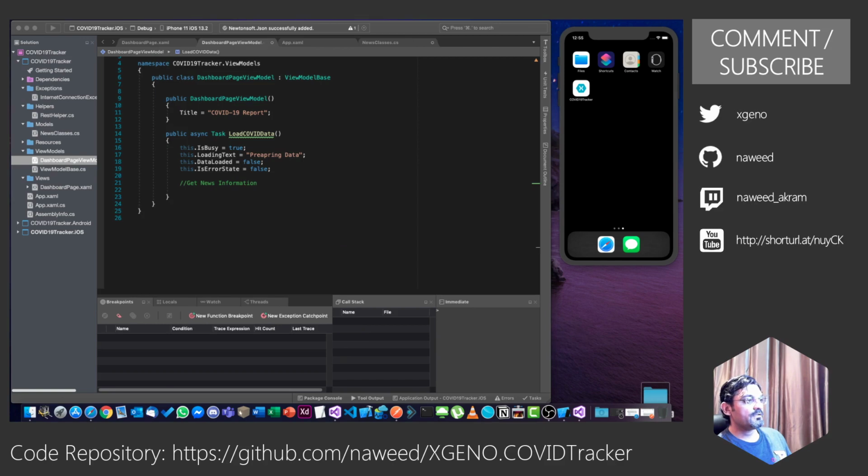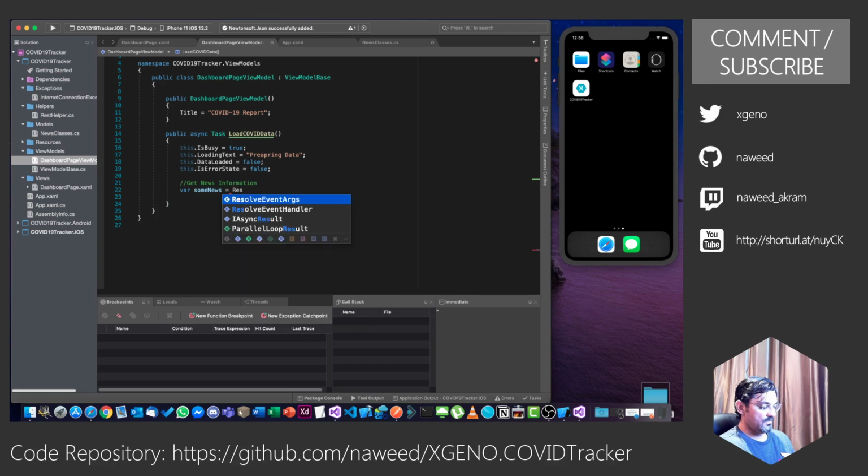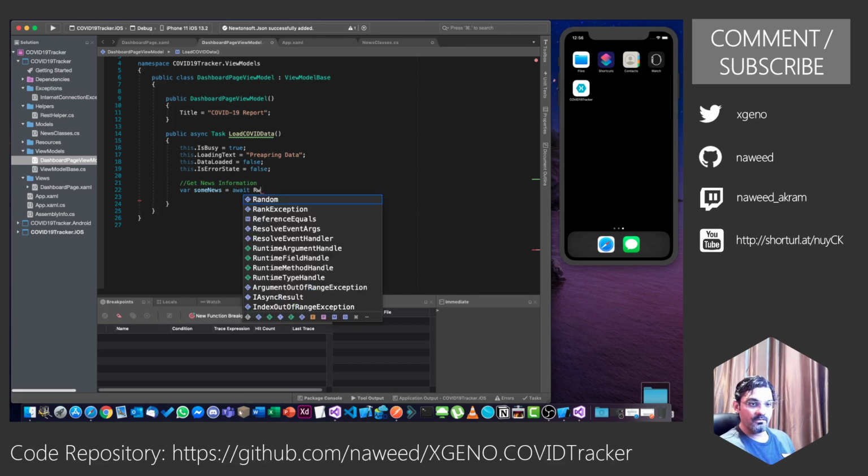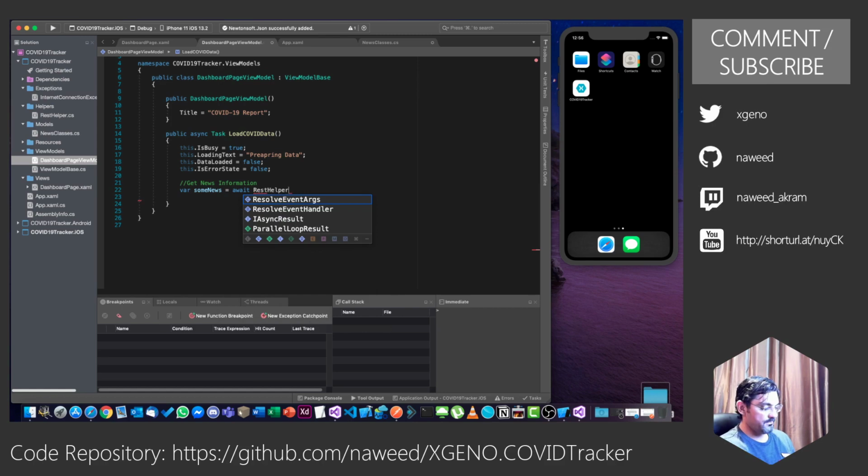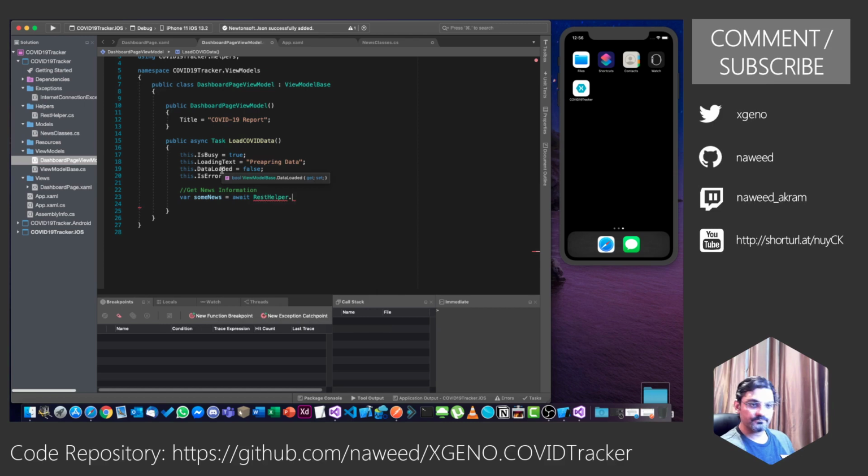So the advantage with this now is I can simply say var news equals await RestHelper.GetAsync, and I want to get it in which particular format.